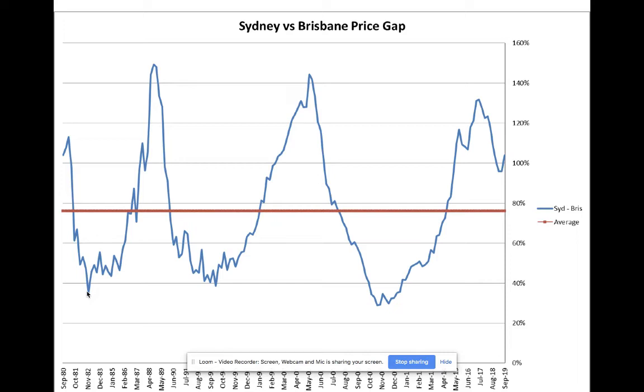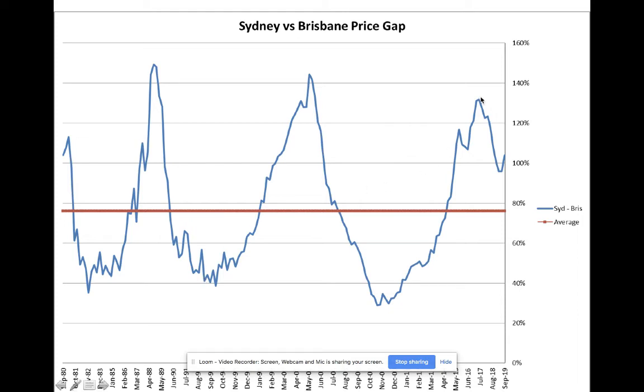It caught up. And then what happened is we go along to about 1986, 1987, and then Sydney prices shot off again. And the gap went back up to about 150%. So Sydney shot up. Now the gap's about 150%. But the gap closed again. You can see here, over about 3 years, what happened was Brisbane shot up again. So this graph is showing Sydney growing, Brisbane growing, and so on, over and over. It's a repeatable pattern.